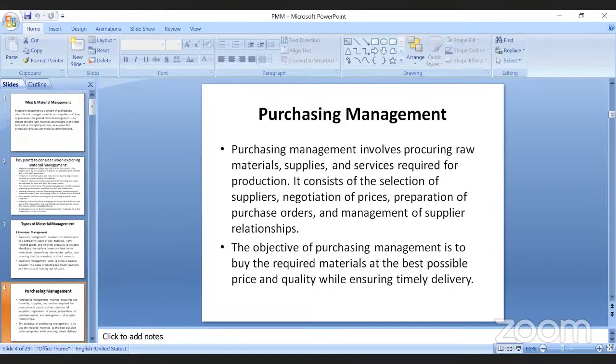Like correct procurement, whatever is required only, not excessive purchase, and the raw material purchase. Yes. Purchasing management is a type of material management, right? That means in this we have to involve procuring of raw materials, supplies, and also services. All three things are required for the production. That means the selection of suppliers, negotiation of prices, preparation of purchase orders, and management of supplier